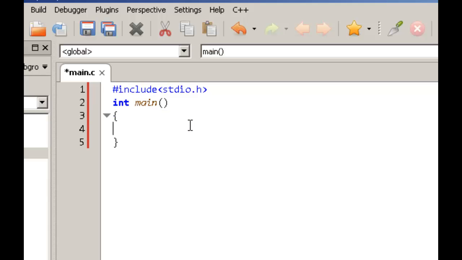Main is the entry method for any C program. That is the first method which a debugger will hit when you run a C program. Now first we will declare some variables and then we will write our first for loop. I will declare int i is equal to 0 and then we will write our first for loop, for i till